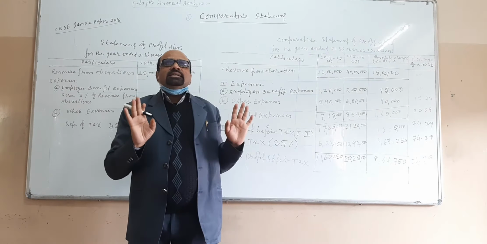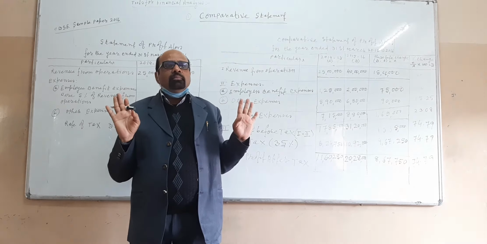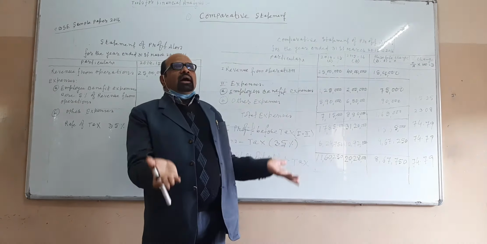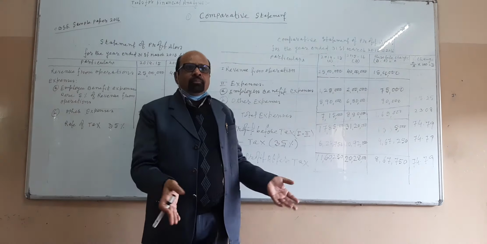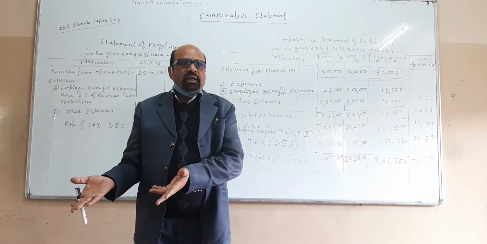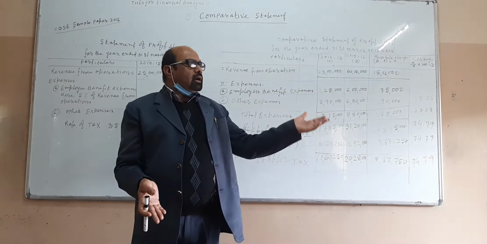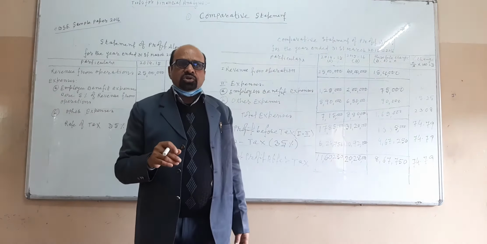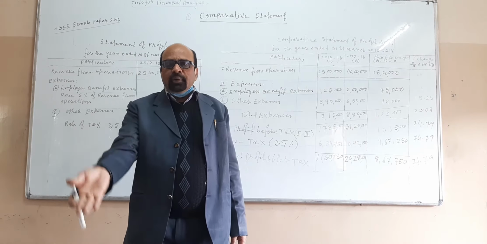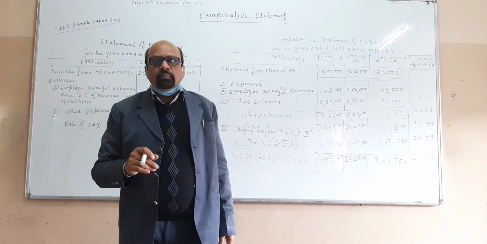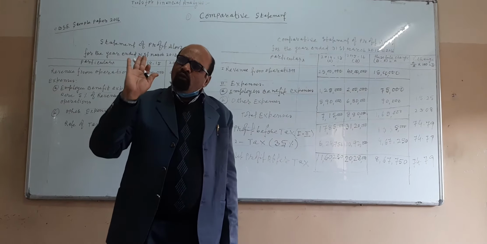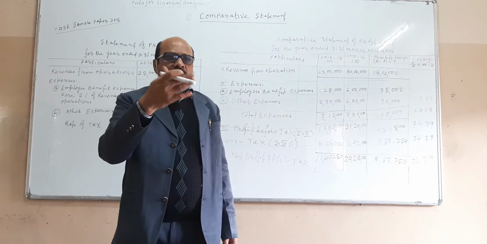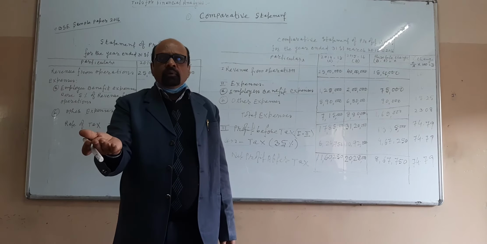You can easily secure 4 marks from this topic, from this chapter. कल से whether comparative income statement will come, whether comparative balance sheet will come, whether common size balance sheet will be there in the question, whether comparative balance sheet will be there. But out of these 4, any one question will be there. Sometimes choice will be there. You can attempt any one, right?